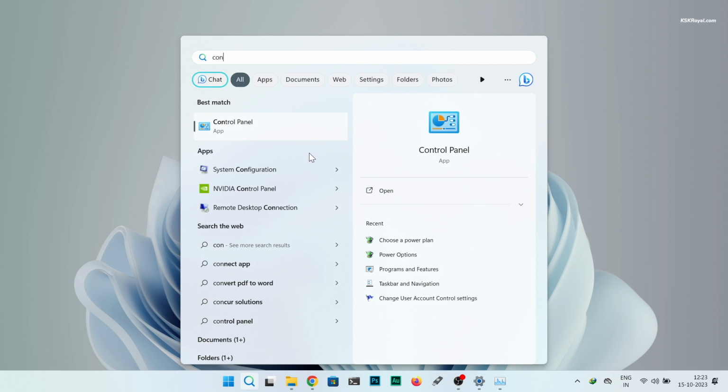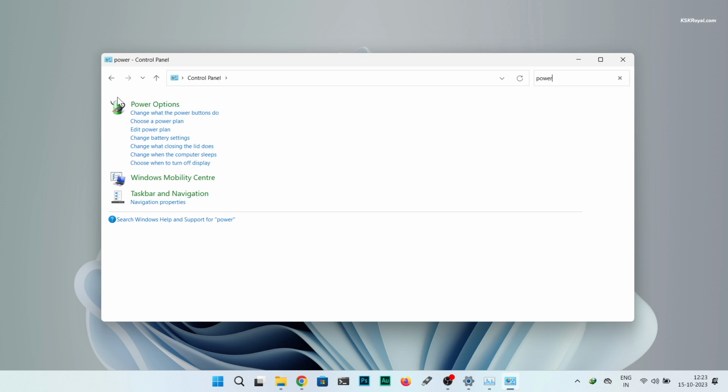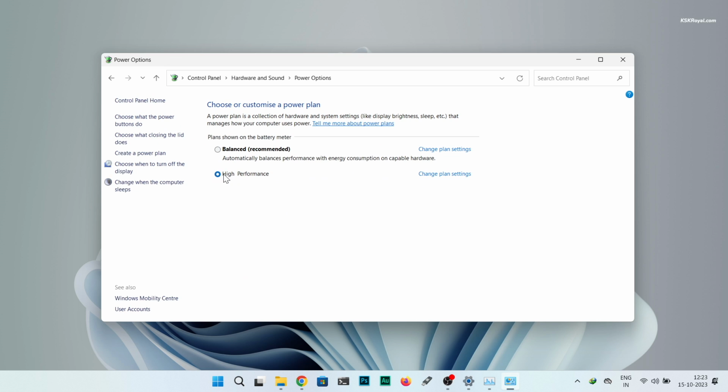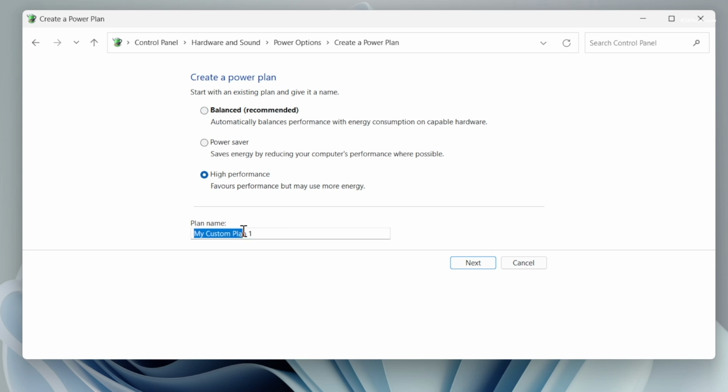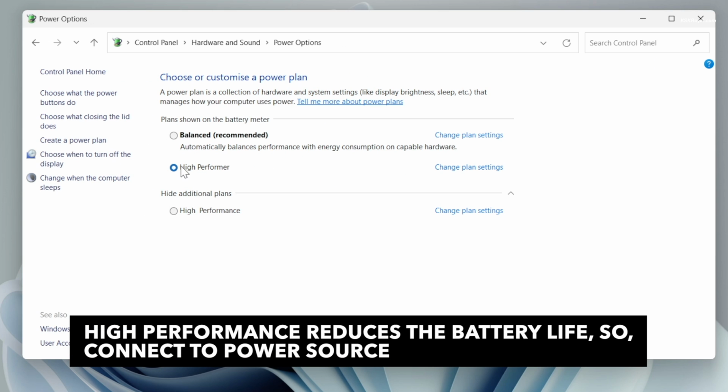Additionally, if you are a laptop user, make sure to enable the high performance mode. You can enable this feature by going to the control center and searching for the power plan option. Create a new plan and select the performance setting. This will ensure that the system runs at higher clock speeds, enhancing the virtual machine experience.